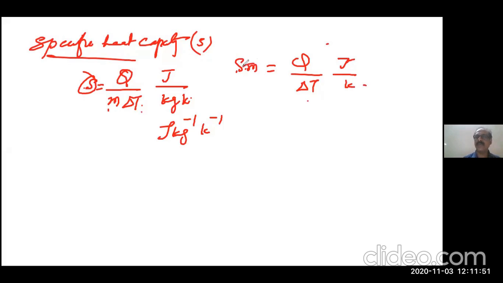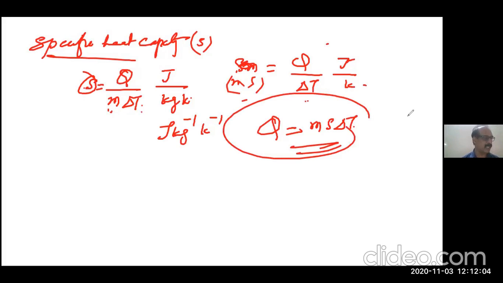This is known as just heat capacity. Heat capacity, M into S. This is called heat capacity. So heat, if you want Q, you can write M S delta T. Mass into specific capacity into delta T. So these are the main formulas you should know in this topic. Clear? Now, change of states